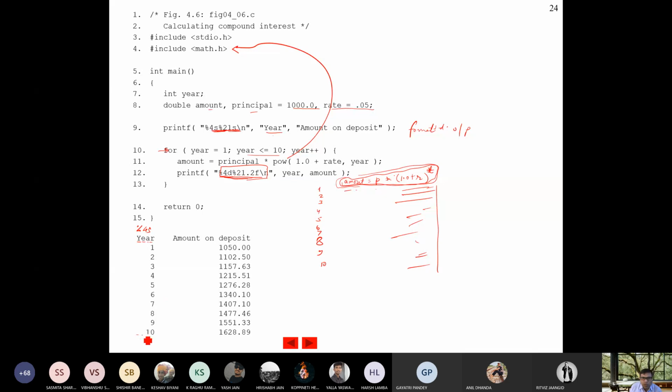Now come to %21.2f. And no \t is written. So let us calculate from the right place. 1, 2, 3, 4, 5, 6, 7, 8, 9, 10, 11, 12, 13, 14, 15, 16, 17, 18, 19, 20, 21. Yes or no?